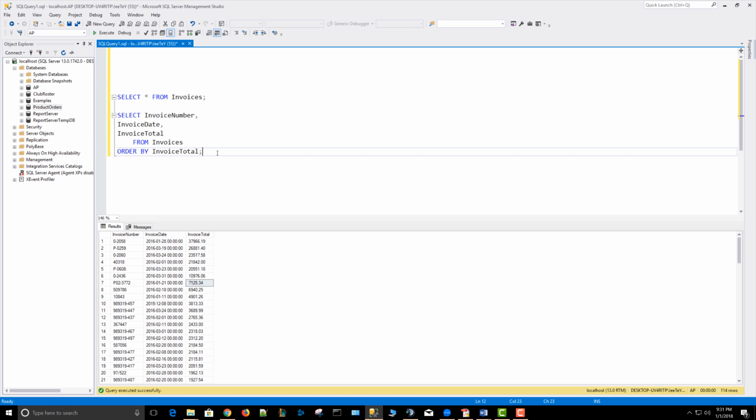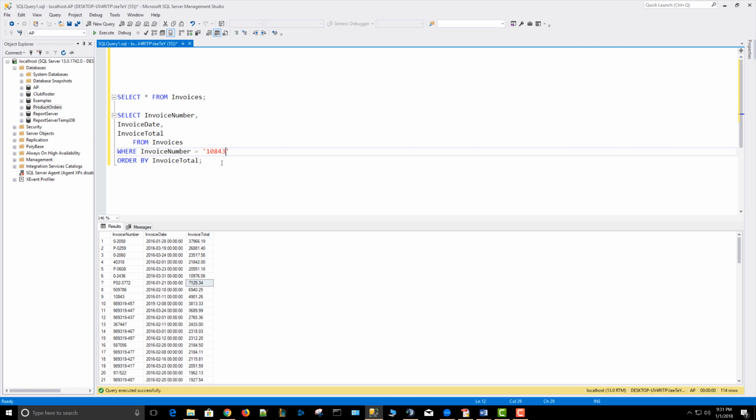So now I want to show you how it looks to write this query and include a where clause in it. Now remember, the where clause is used to filter the rows in the table so that only those rows that match the search condition in the where clause are included in our result set. So right now we have select invoice number, invoice date, invoice total from invoices, ordered by invoice total. Well, I want to include a where clause in here, so I'm just going to include a space and say where. Let's say where invoice number is set equal to